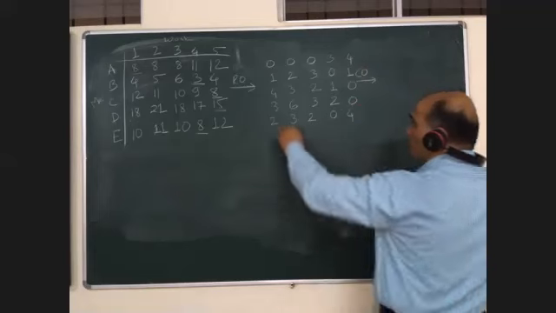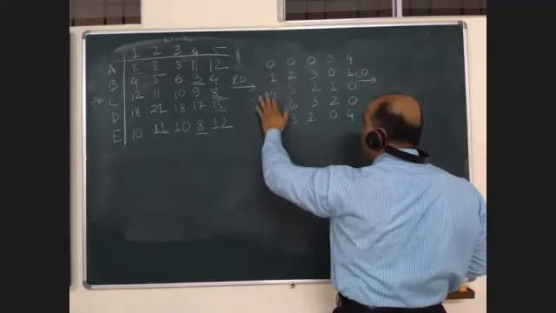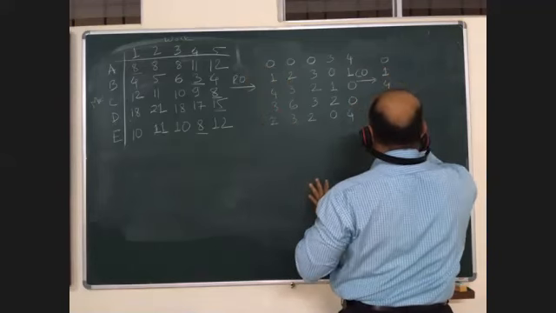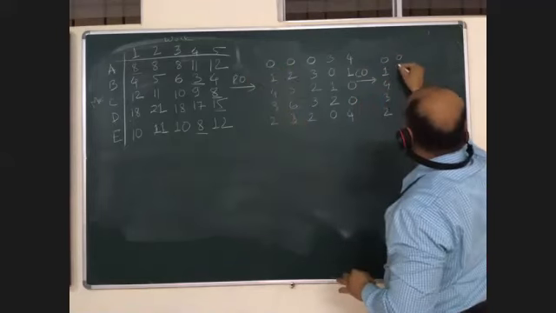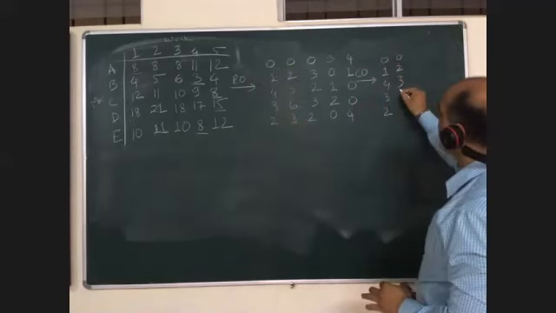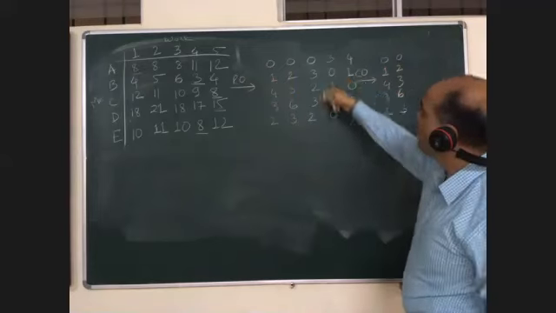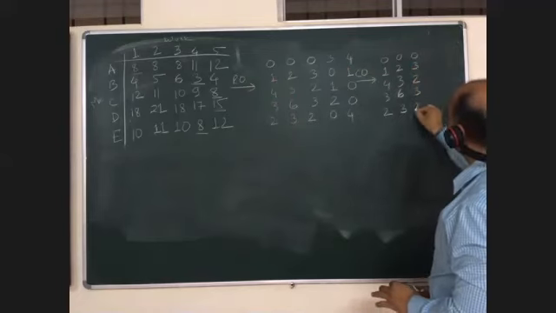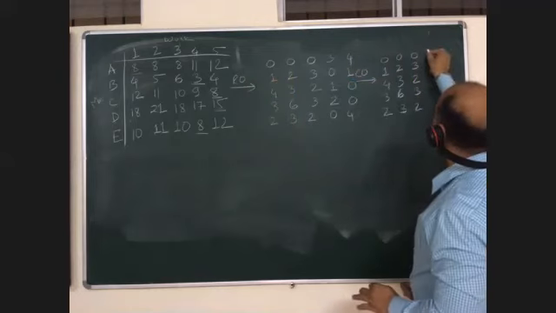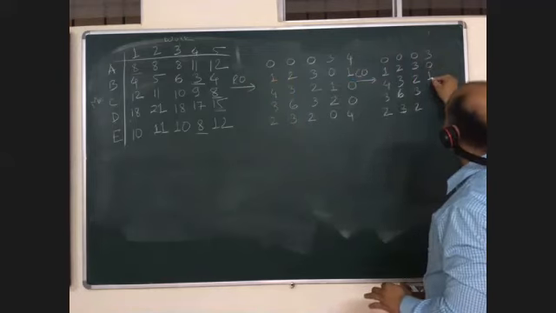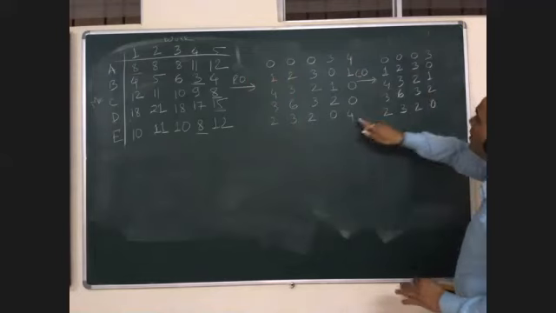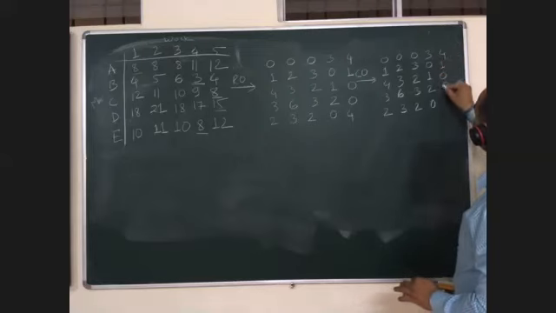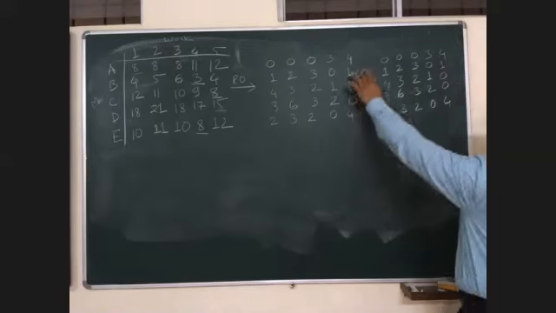Now we will start with column operation. Since there is a 0 in this column, all the figures will remain as it is. I'll just copy it. Again, there is a 0, so it will be 0, 2, 3, 6, 3. Again, there is a 0, so it will remain as it is. Again, there is a 0, so this will also be the same. Again, there is a 0, so this also will remain the same. We completed the column operation, right? Column operation is over.